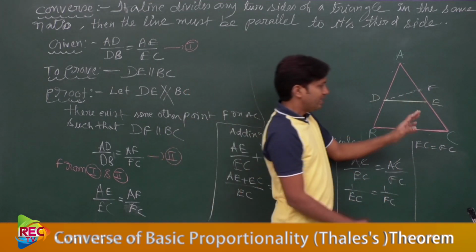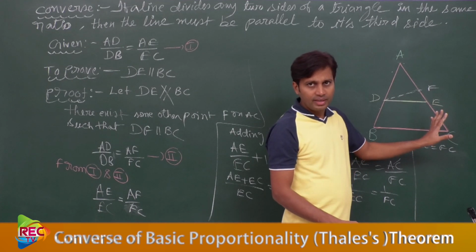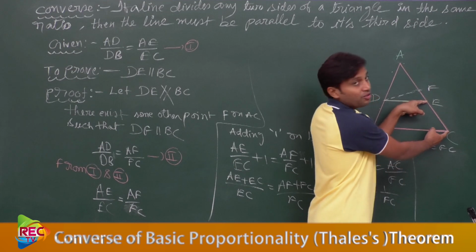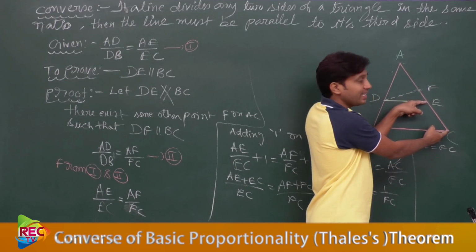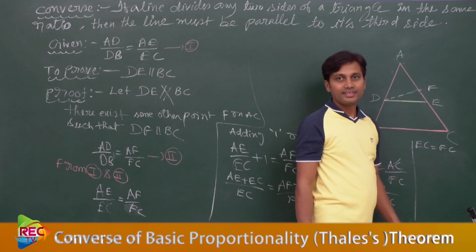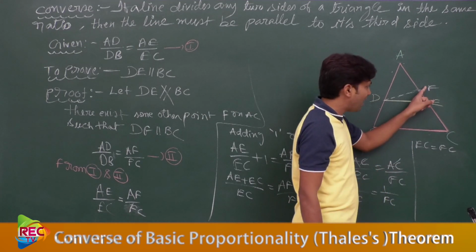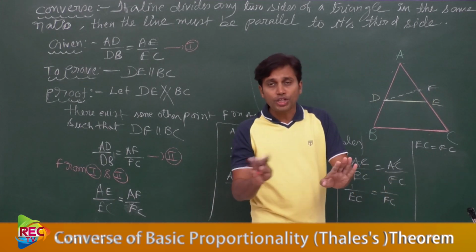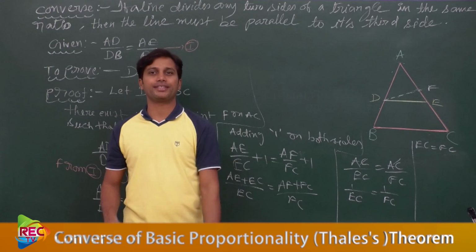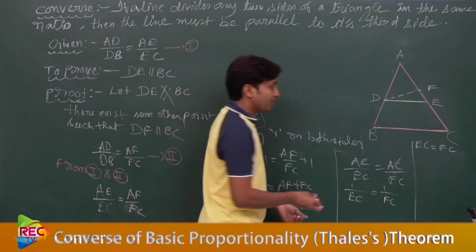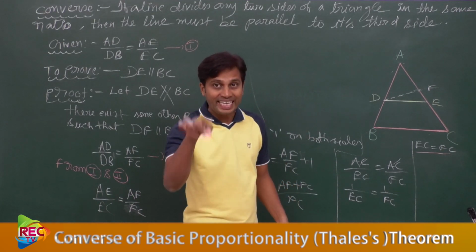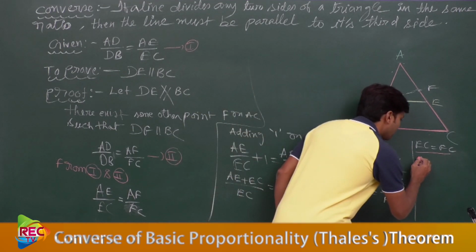Understood or not? Here in this diagram, as we have drawn, FC is bigger than EC, no? But we obtained the condition that FC equal to EC. That means this F and this E are not different points. Those are representing the same point. So this is only possible when F coincides with E.